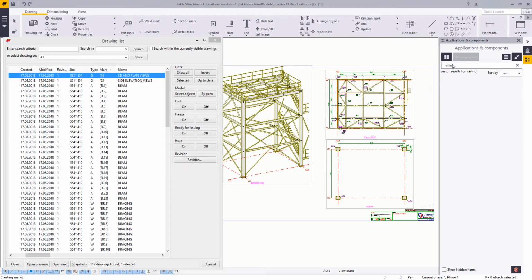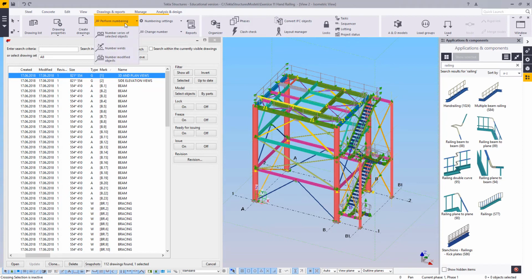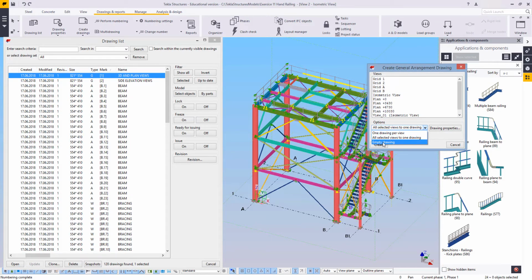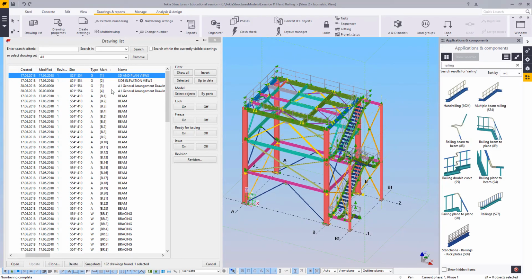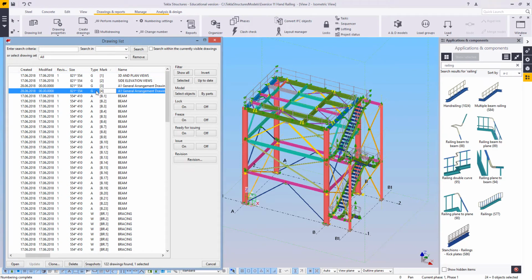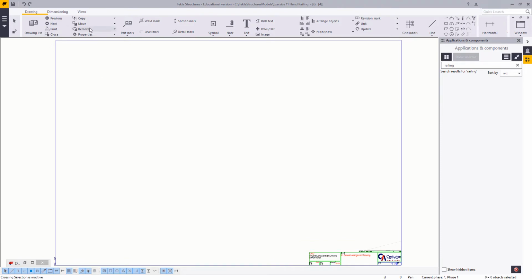For now, what I'd like to do firstly is add a blank drawing or a couple of blank drawings. Start off with performing numbering, and then we're going to say create a GA drawing. Now I'm going to create two blank drawings. One is going to be for the extra GAs I'm going to need, and we'll cover that in the next video or so. And then I'm going to go ahead and use number 4, and that's just because I always want my handrailing to be my last drawing. Let's close this up